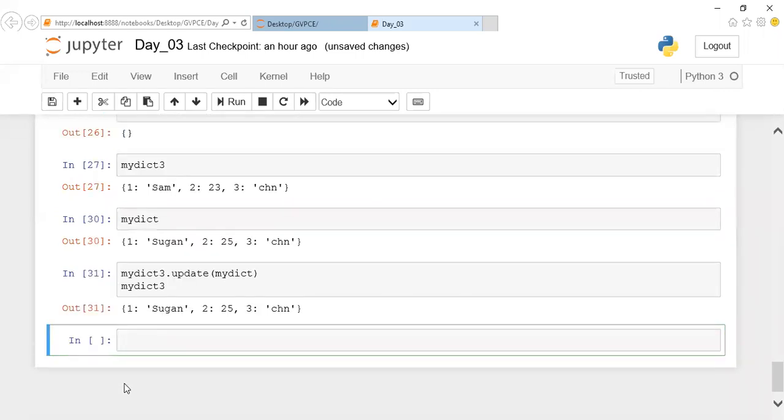Now you can notice that DACT3 has been updated with the values of my DACT. Both the values are the same. Now you can notice the second value. Here my DACT has the value Sugan, and this one has Sam. Now what happened? This particular DACT3's values have been updated completely with the values of my DACT.